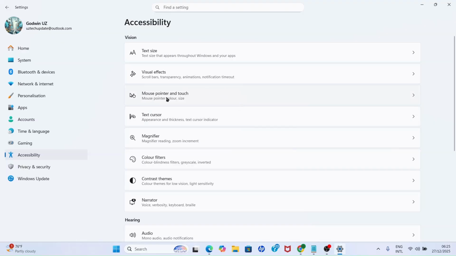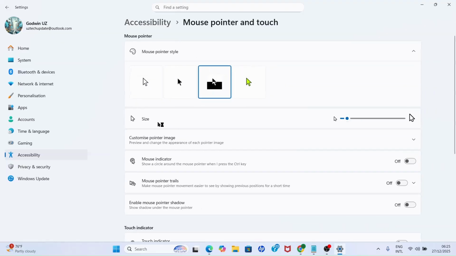Look at this one. It says mouse pointer and touch. Click on that. When you click on that, you see the section named size. If you drag this way, you will see the size will be increasing. When you drag forward, when you drag backward, you see the size of the cursor is getting smaller, which you